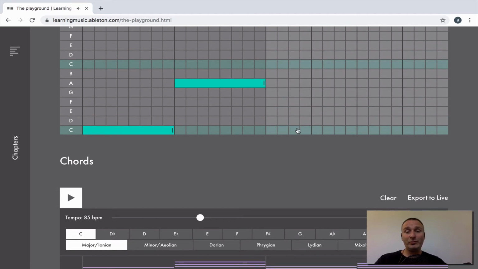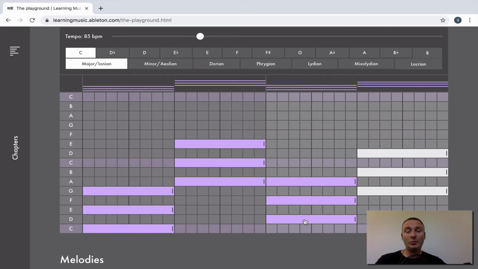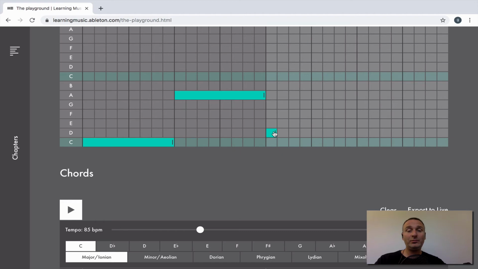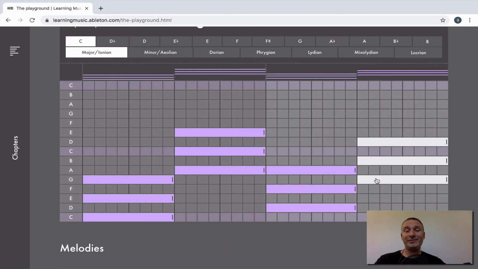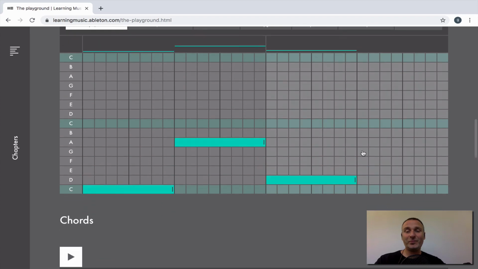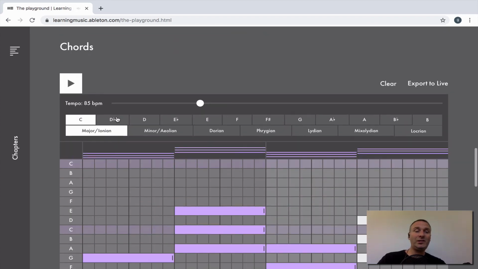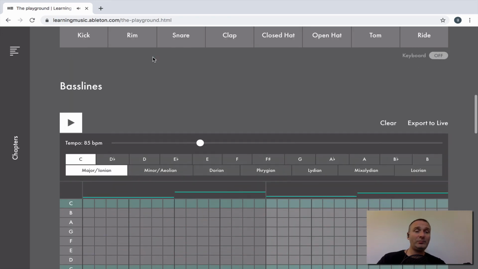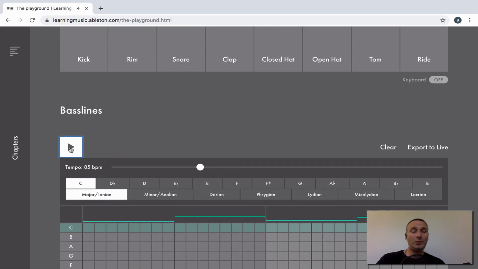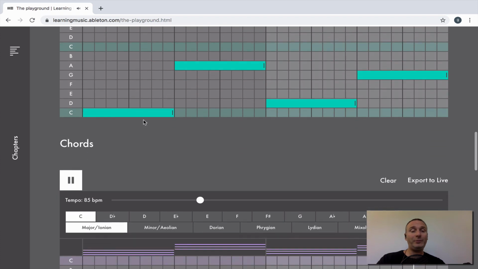Then we're going to, the root is D, the D chord, D minor, D right here, and then G right here. So listening to this should be working. 1, 2, 3, 4,